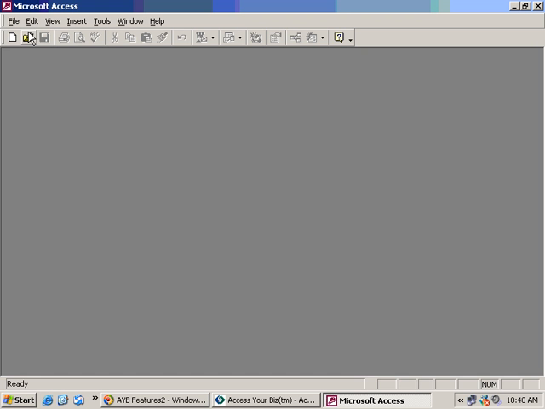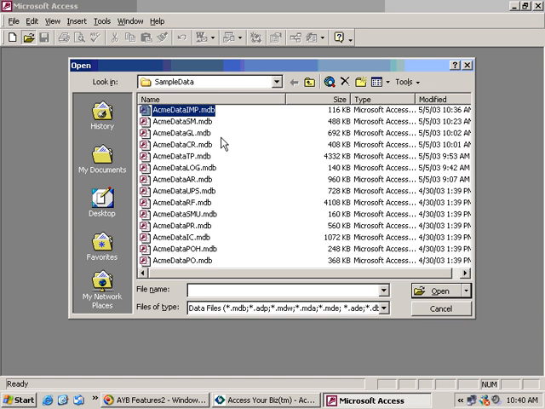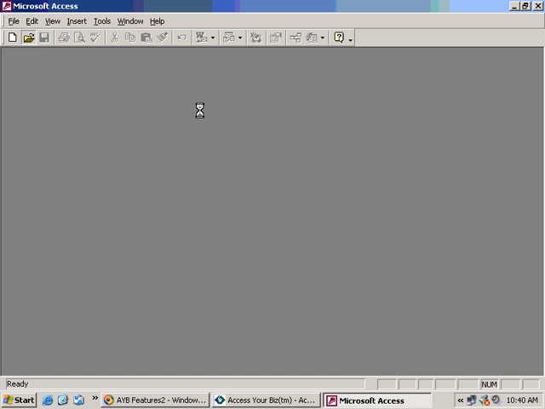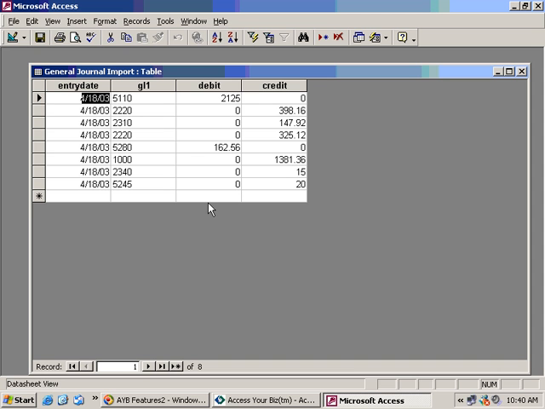Here we'll go ahead and we'll click Open, and we'll look at the files, and you can see the first one on the list is Acme Data IMP. We'll go ahead and select that database, and you can see there's a table in there called General Journal Import. If we go ahead and open up this table, you can see there are some entries in here which are